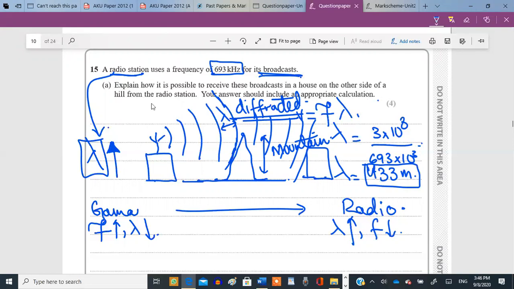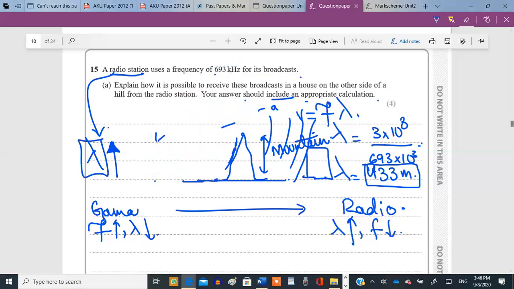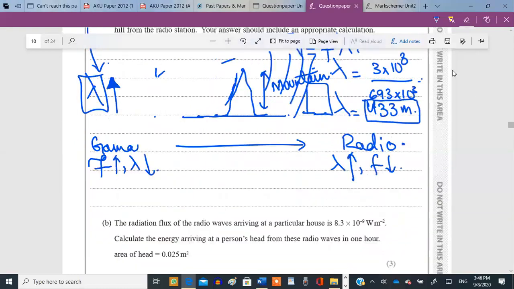If you are not considering the satellite communication, then yeah, this is the second way of explaining it. So I guess you should stick to this method and not go to the satellite communication. Okay, let me write down all the points which you need to include in your answer. I'll write it down here. Okay, so basically,